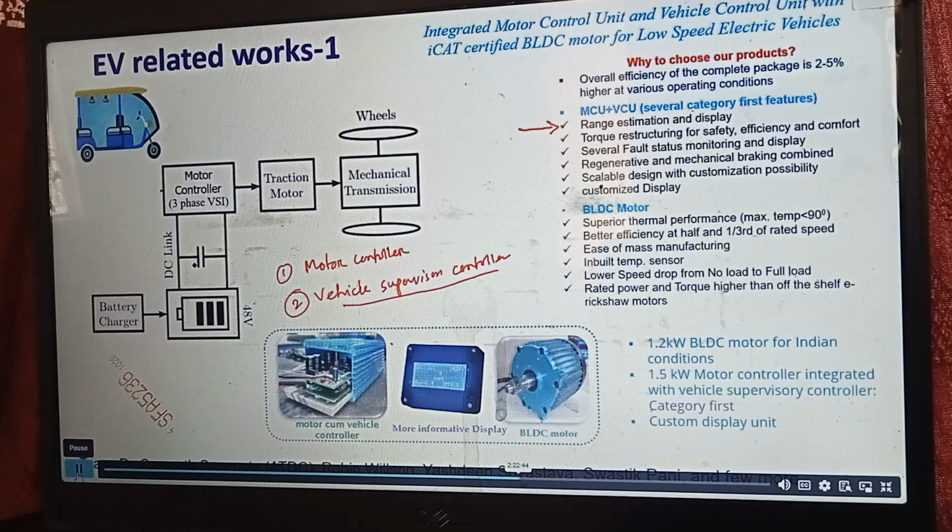In electric rickshaws nowadays, they don't tell you how many kilometers you will be able to drive with the remaining charge of the battery, right? So we provided that for the first time, approximately how much range is remaining, and we also showed it in the display, right? If time permits, I'll show you. Then another feature we added, these are all vehicle supervisory controller features, is that sometimes what happens is that,